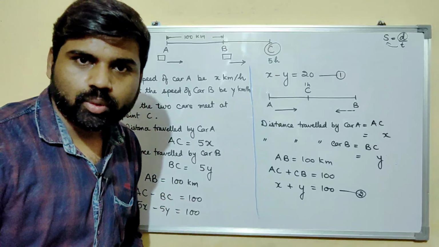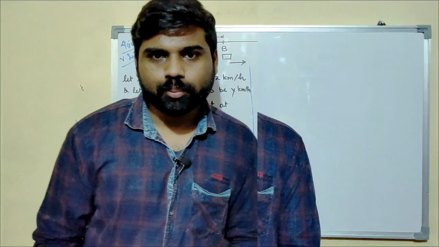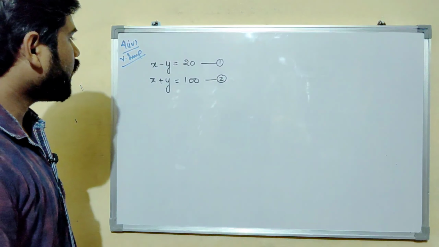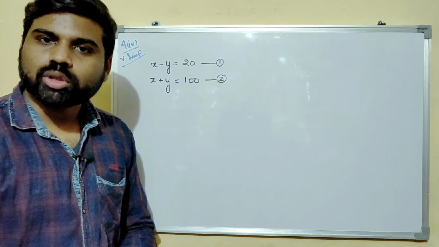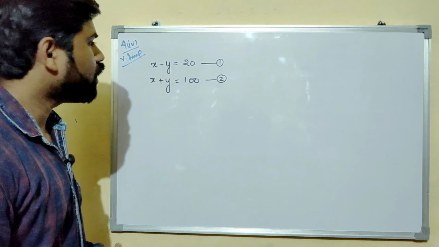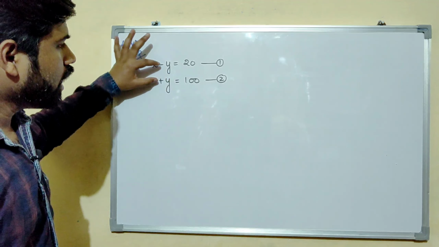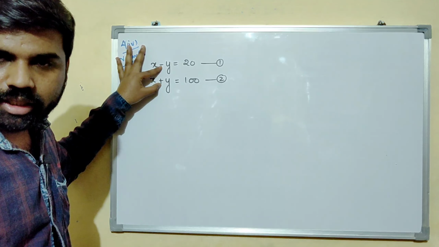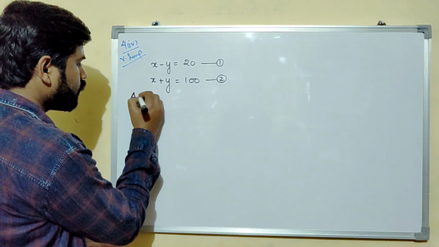Now let me clear this for you and then solve the equations which we have got, this one and this one. The equations which we got were x minus y equals 20 and x plus y equals 100. Now you can see that the coefficients of x and y in both the equations are equal, so you can apply the elimination method. Which variable do you want to eliminate? It is up to you. I am trying to eliminate y because the coefficients of y have different signs. Different signs means you have to add them. So add equations